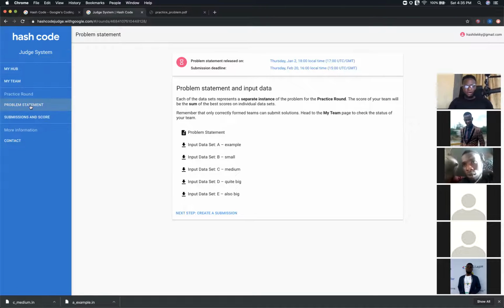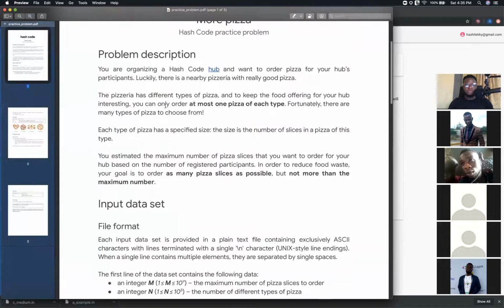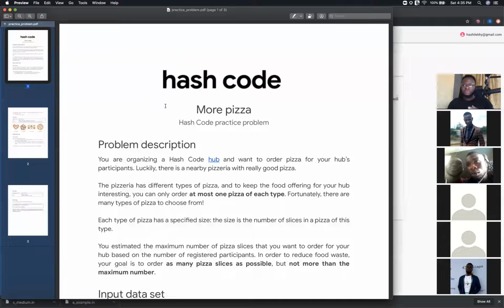But the thing I love about Hashcode is it makes you think. The score is always ranging from 0 to millions, the total score. So you might not really get a very high score, but trust me, you'd have learned new things when you